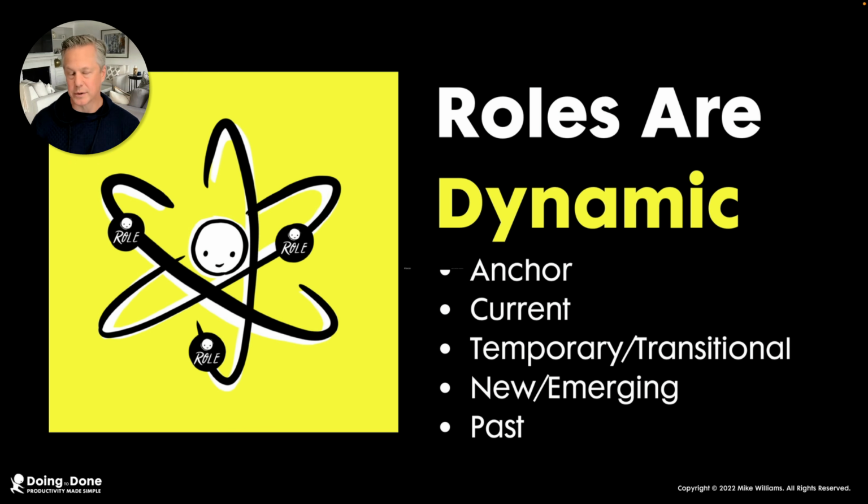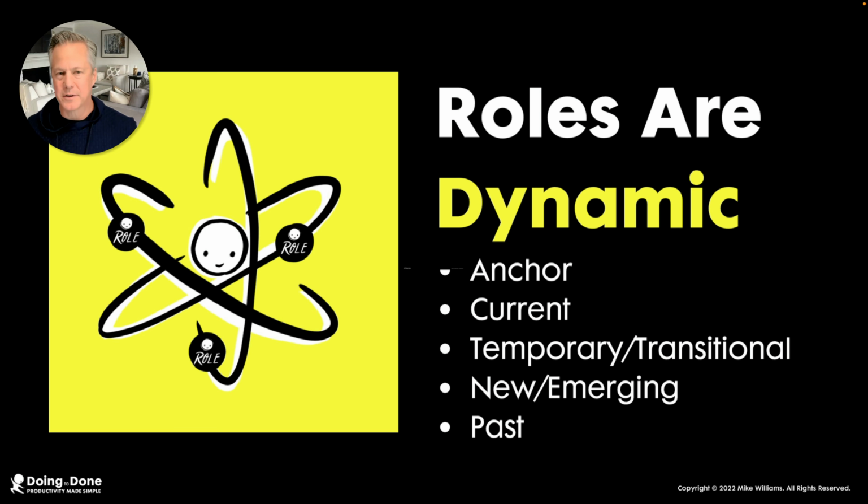New and emerging roles are roles where the wisdom is talking to you and saying, remember that thing you used to love to do? You might want to bring it back. That's one example. A new or emerging role could be what we're seeing all around us right now with ChatGPT. One of the new and emerging roles in industry is a prompt engineer. Well, that role didn't exist a couple of years ago, and now it exists. So there are these different roles.